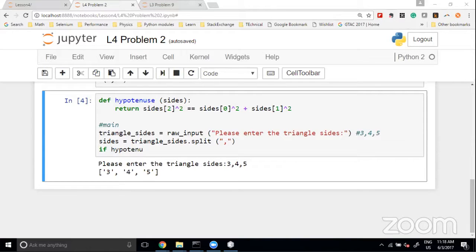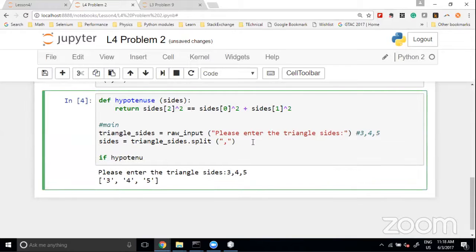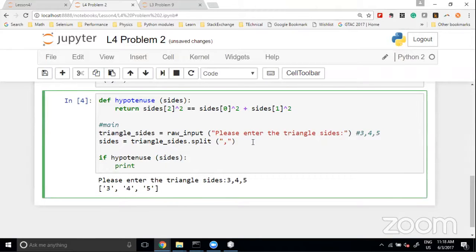So far, I guess you have understood. Now there is only the call to the function left, right? Since the function is giving a boolean, we have to call it using an if condition. So if hypotenuse of sides